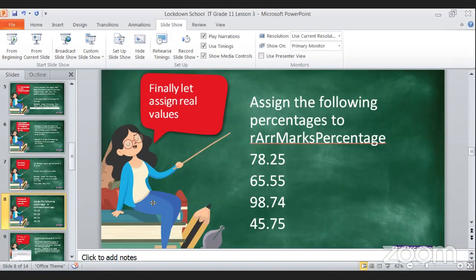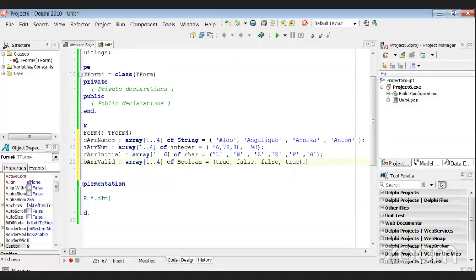The question, or this part of the slide says, assign the following percentages to R array marks percentage. Really simple, okay? Everyone's happy with a real value. So let's look at this now, because we tend to see a lot of learners, when they're working with decimal values, they tend to mess it up sometimes. So let's look at the common errors over here. So immediately